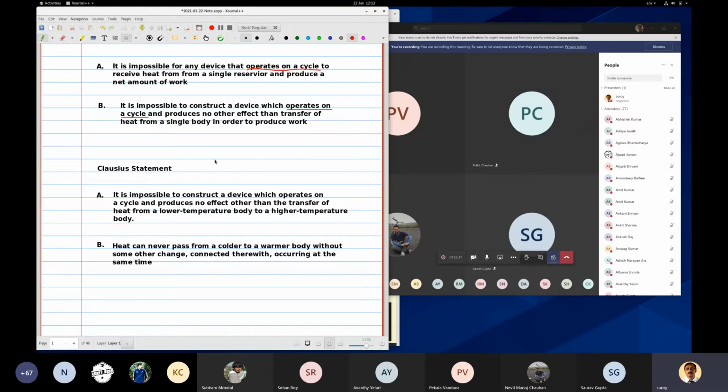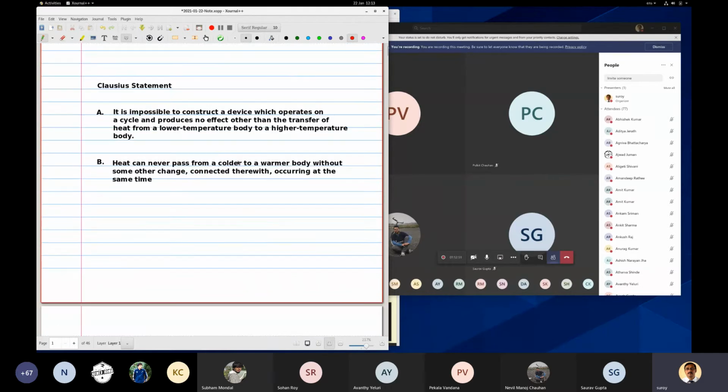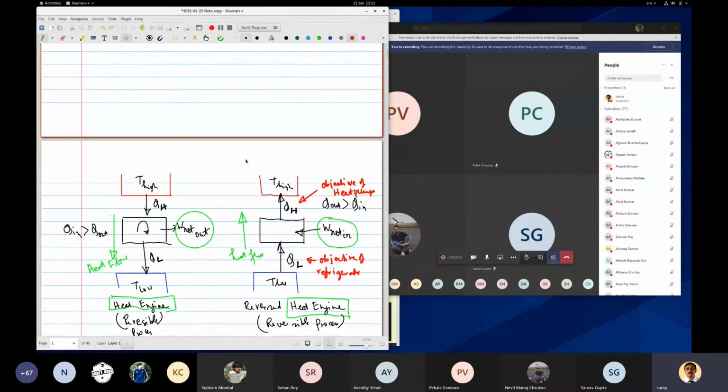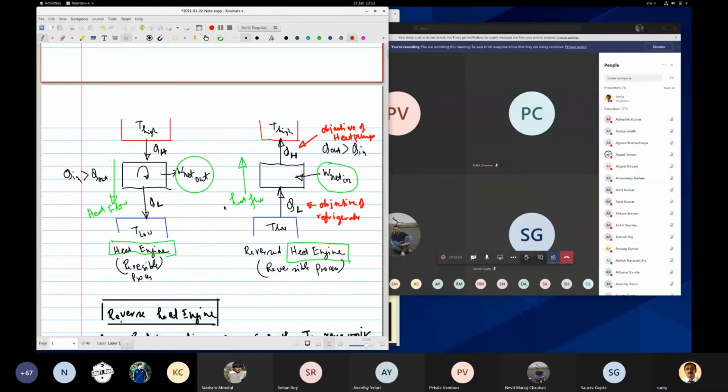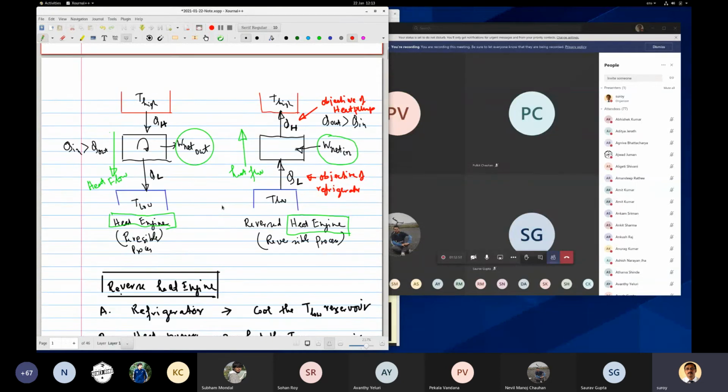Now let us go deeper into the second law so that we can put it in some sort of quantification. We want to quantify, right? Have some equations so that we can apply it. These are all statements, right? So our equations will also corroborate these statements. Now let us go a little bit deeper here.